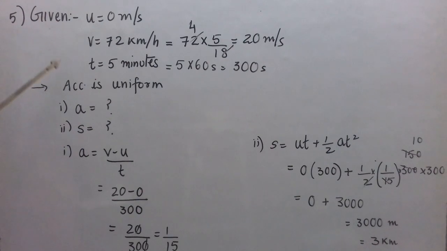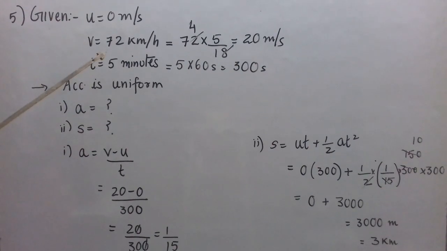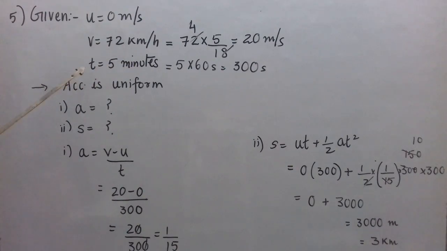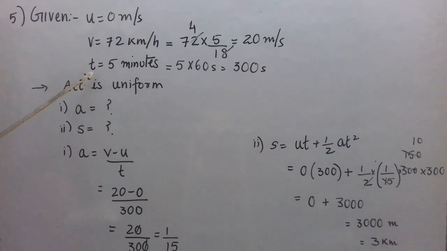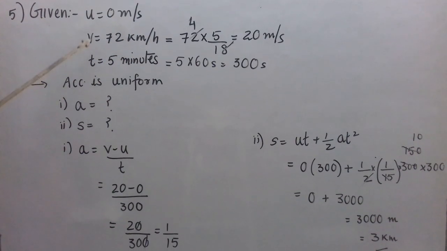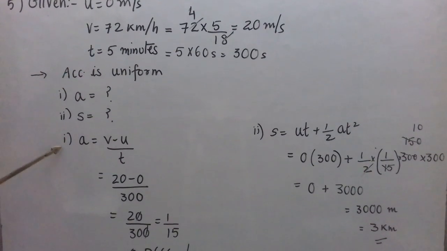Now we have written what is given and what we have to find out. Now we'll see if any conversion is required. Yes, the 72 km per hour can be converted into meter per second, and the minutes also can be converted into seconds. So 72 multiplied by 5 by 18, 18 fours are 72, so that comes out to be 20 meter per second, this is V, and time is 5 into 60 seconds, that is 300 seconds. Now let us start.